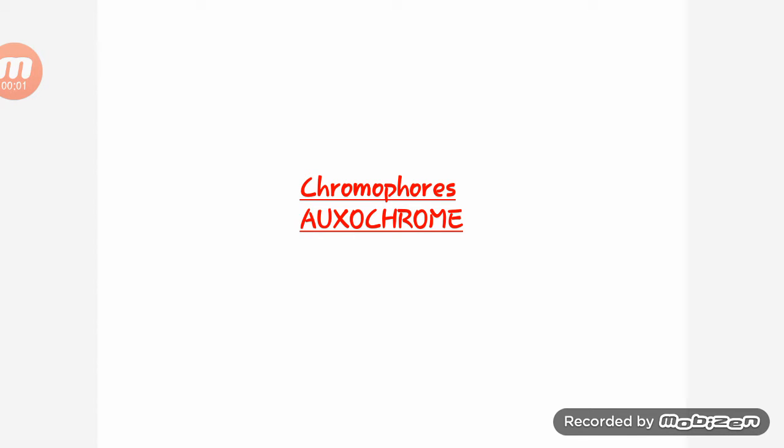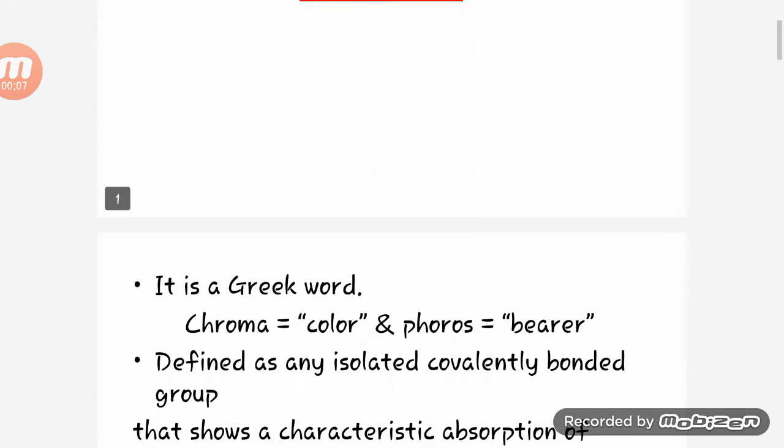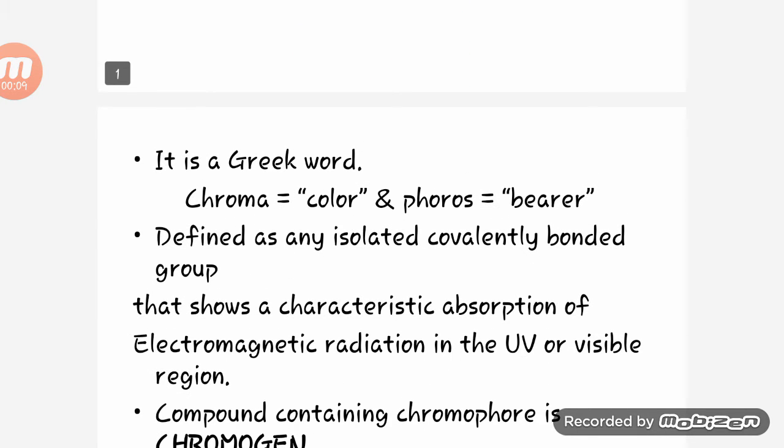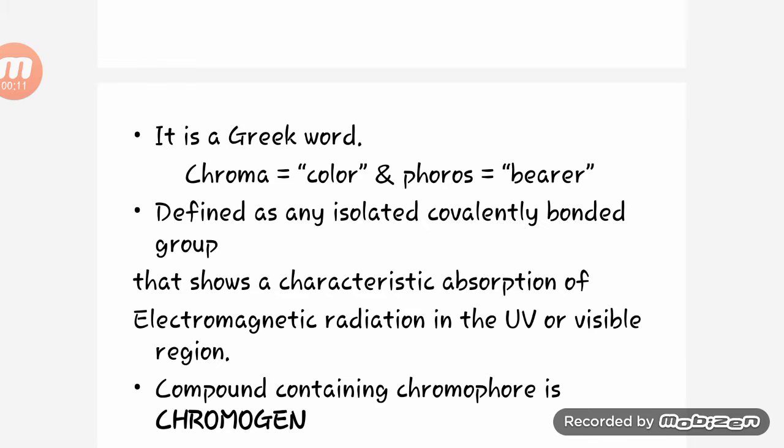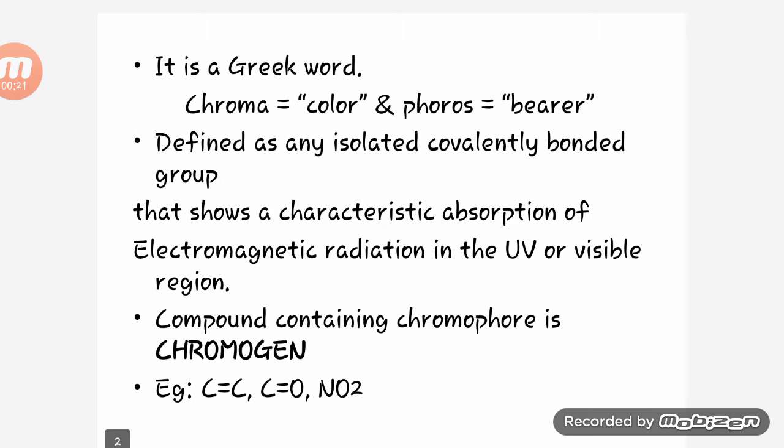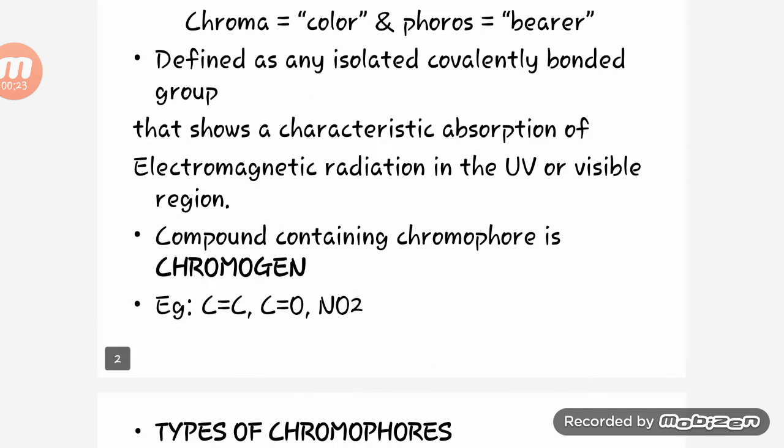This is the class of 7th Sem of analysis. So today we will study the chromophore and auxochrome. It is a Greek word: chroma means color and phores means bearer. It is defined as an isolated covalently bonded group that shows a characteristic absorption of electromagnetic radiation in the UV or visible region. Compounds containing chromophores are